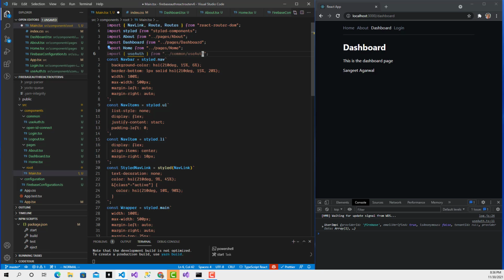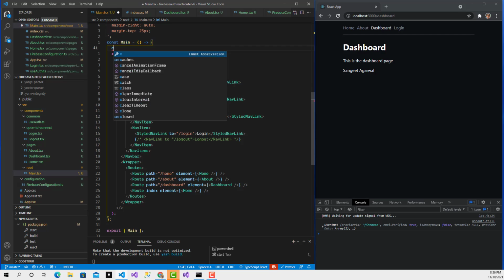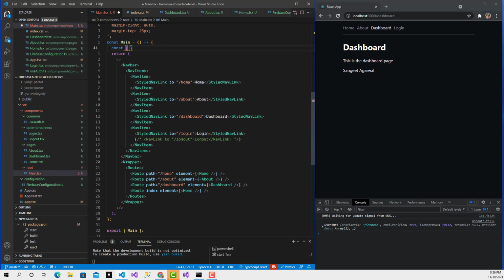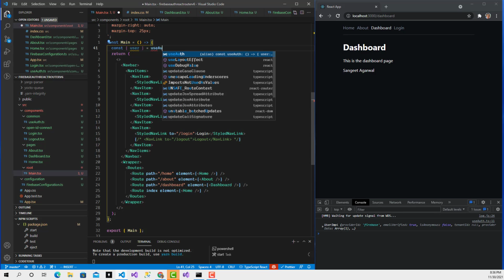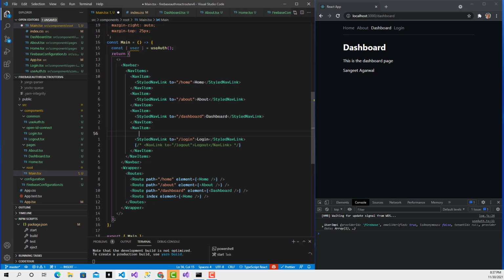And then we can come down, and over here we can get our user object from our custom hook. And then if you go down to line 15 below, then here we can do something like